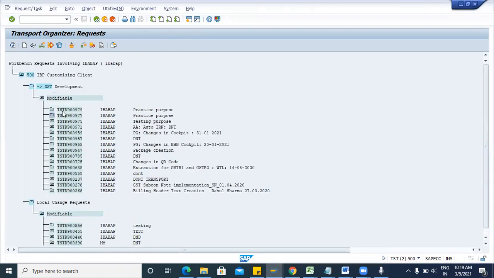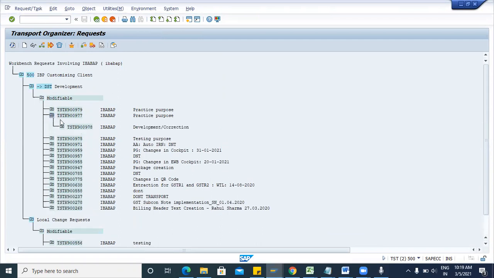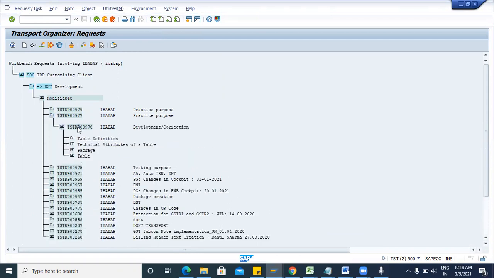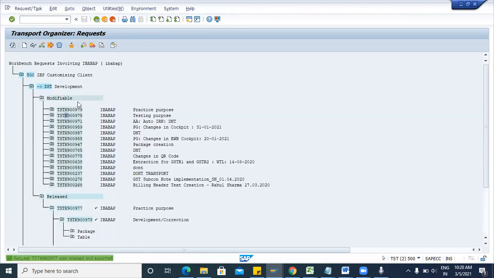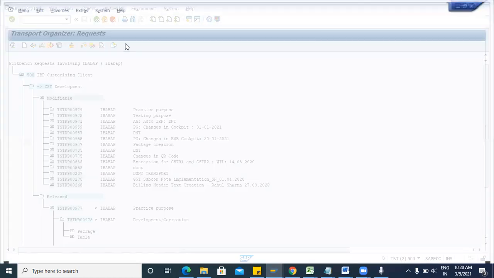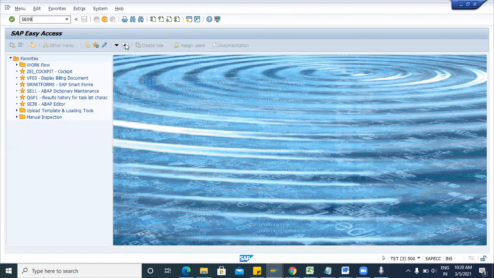You can also release the workbench request. I'm using this workbench request. Here we will release 977 and 978.